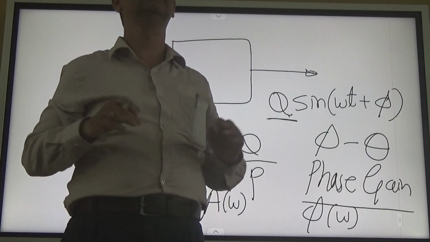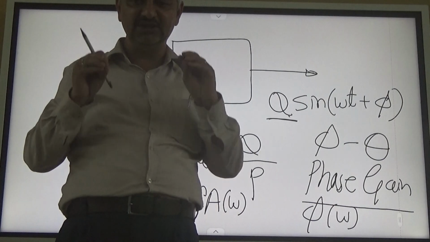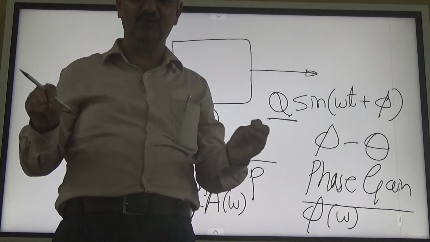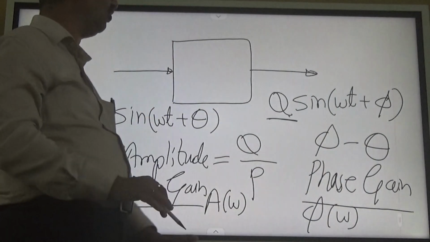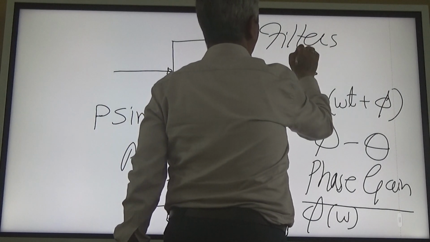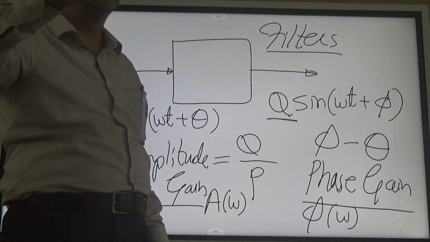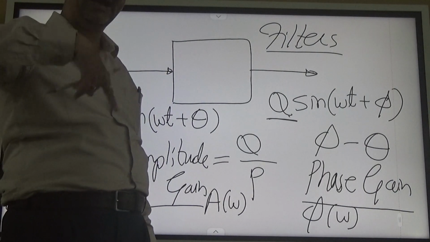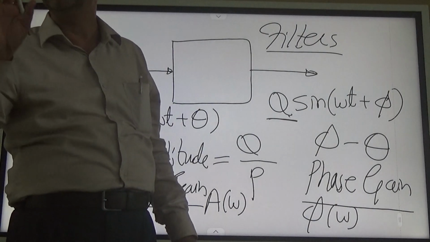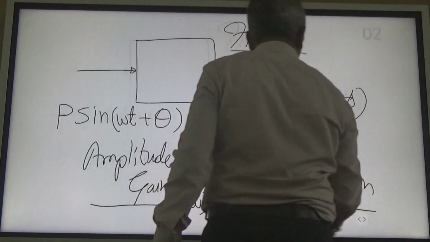All circuits which involve either of L or C are frequency selective circuits, and these are called filters. Means they provide a differential treatment for signals of different frequencies. Low pass filter, high pass filter, band pass filter, band reject filter. Right? Means they tell us how